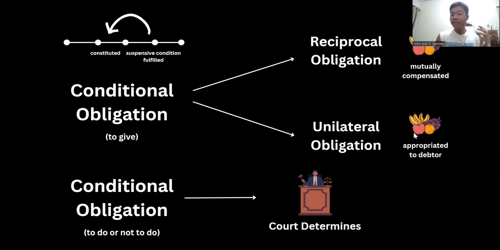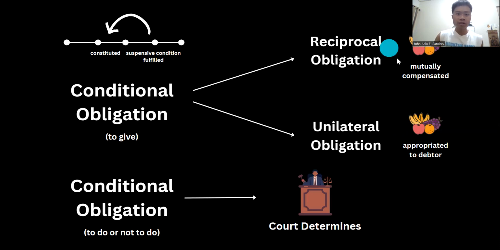An example with the gardener is that maybe he could use the extra improvements and add them to his profile or resume, take pictures, and say that he did it. That's just an example from ChatGPT. It doesn't really make sense, but you understand the main concept here: the debtor benefits and can take advantage of the fruits and interests, given that it's a unilateral obligation.